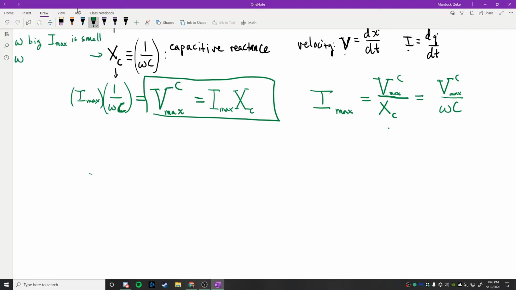And if omega is small, you get the opposite. That means that I max is going to be large, right? Now, why would that be the case? So omega is the frequency, right? It's the rate at which the power source is pushing charges back and forth. In America, it's like 2 pi times 60 hertz. Okay? The larger that quantity is, the larger that quantity is,